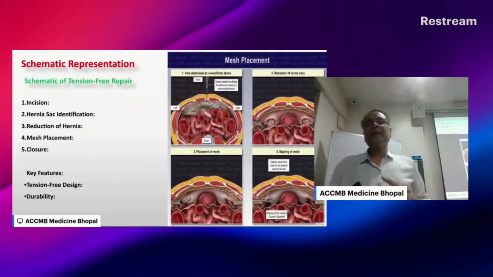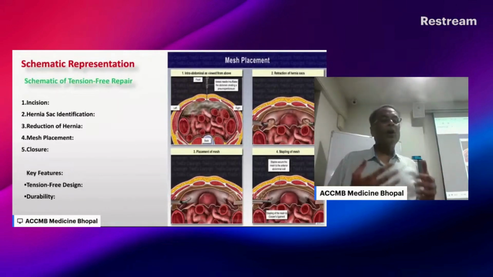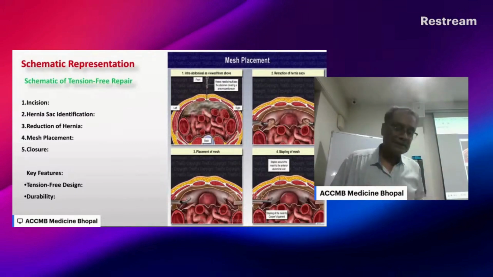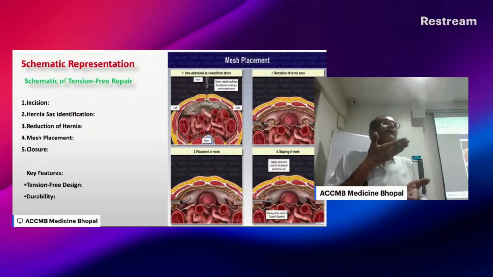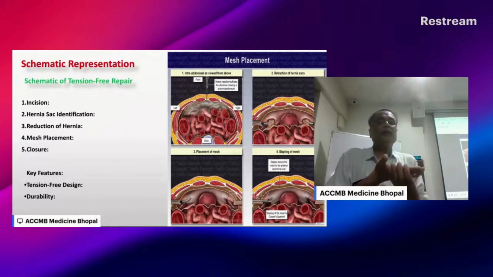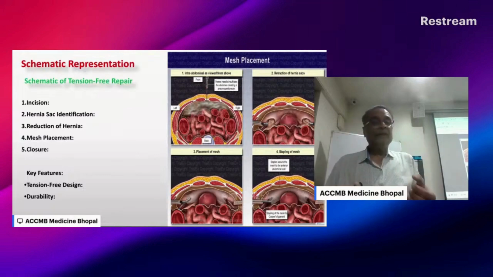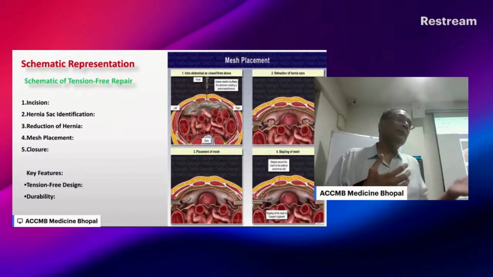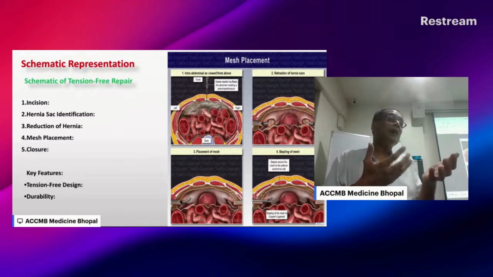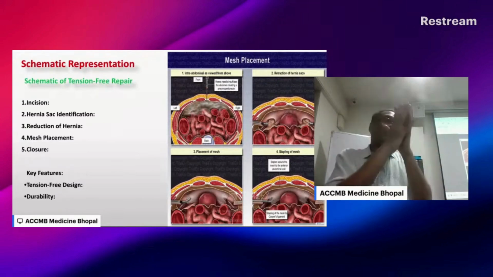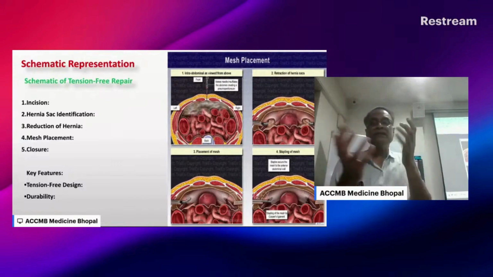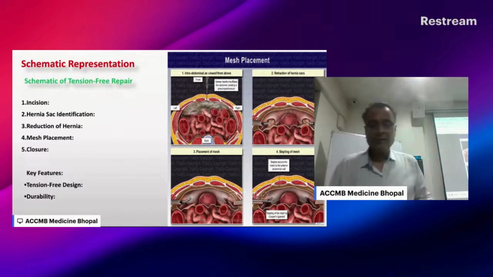So this is a schematic representation of how we are placing the mesh. There are different types: onlay mesh, inlay mesh, sublay mesh. Sublay mesh is when we are keeping the mesh over the peritoneum. IPOM means intraperitoneal onlay mesh, where we are keeping the mesh over the gut to close the defect. So this is onlay and sublay. And inlay means